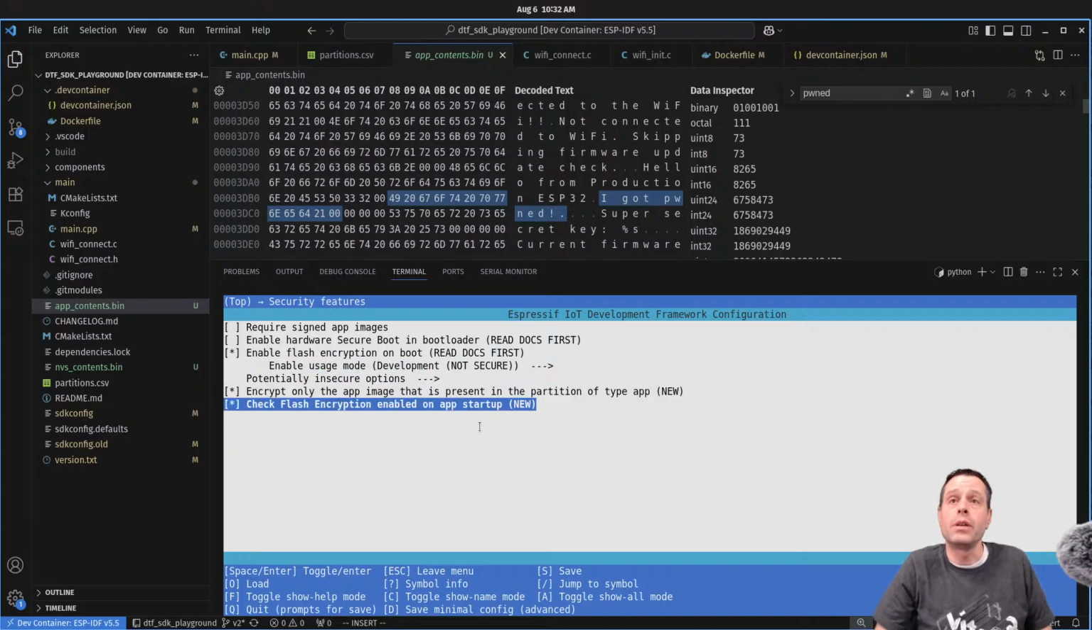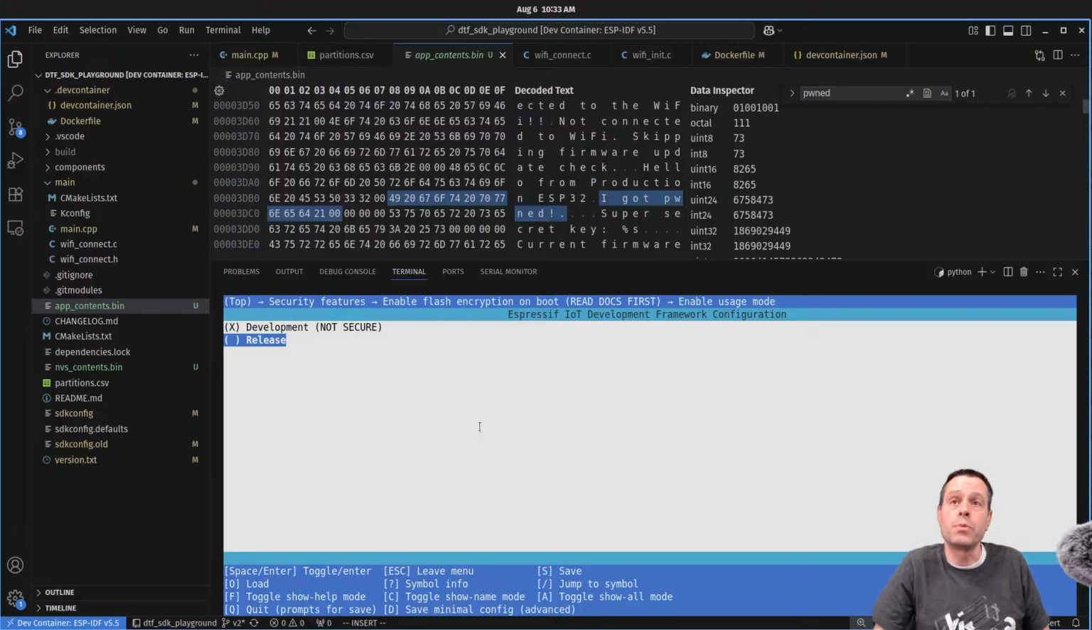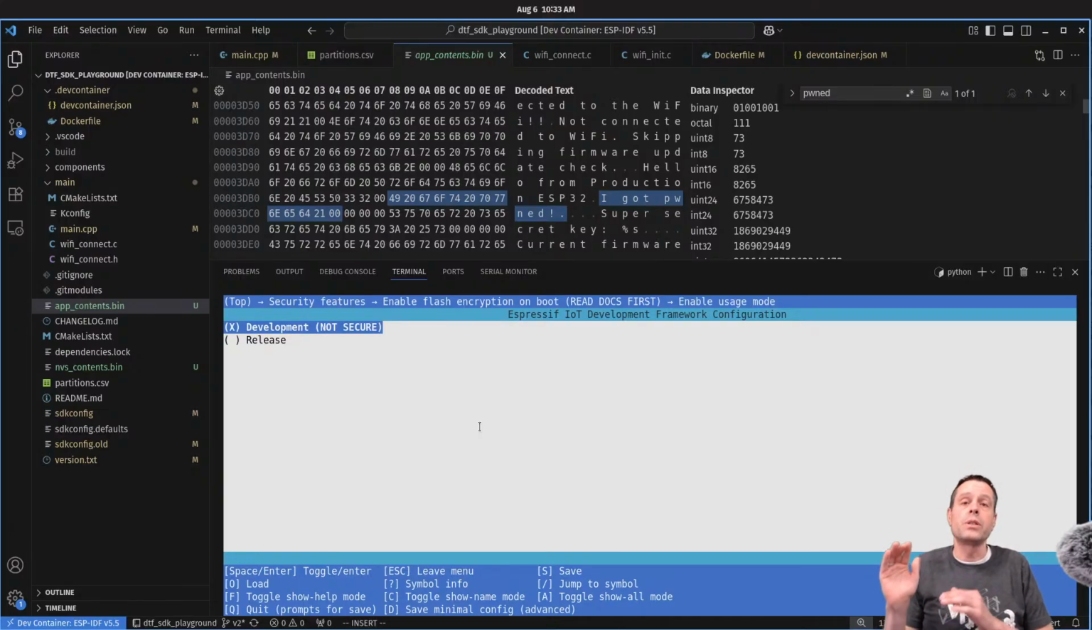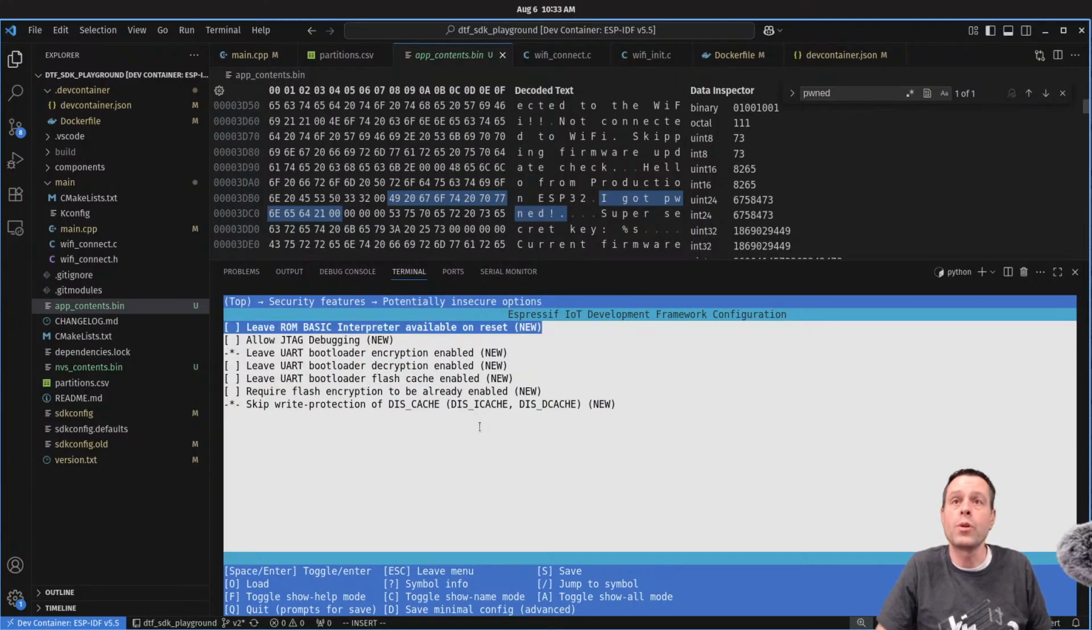We're going to leave these enabled down here. And then you can see enable usage mode, development, not secure. We're going to go into that, and I can change it to release mode. And again, read the docs on the differences. Right now, we're going to stay in development mode. And then you have this potentially insecure options,